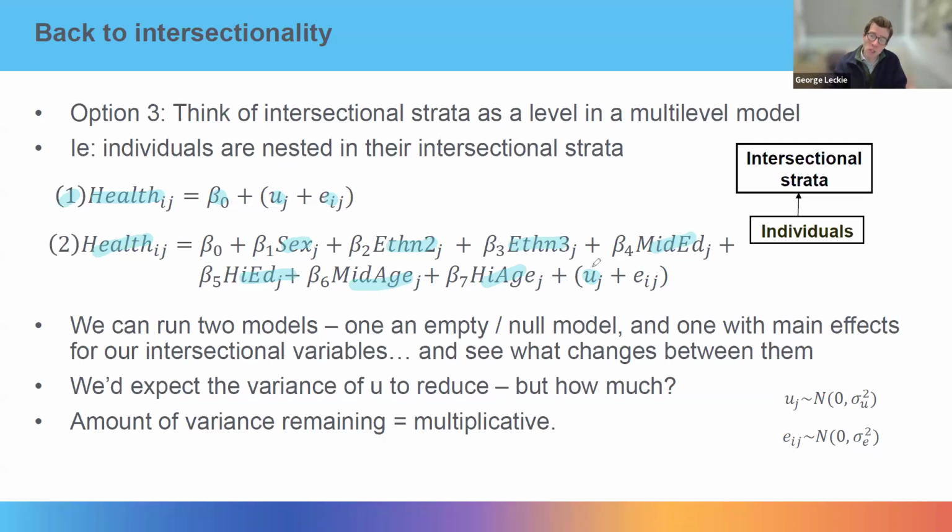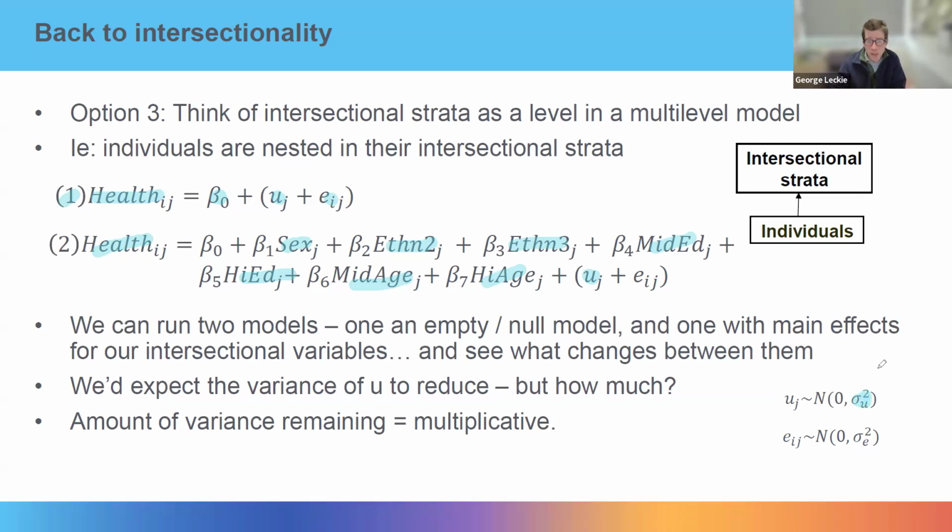But that one term u_j is soaking up all of that. Now, every intersection has its own value, and we can predict these post-estimation and study them. And so it's a different setup to conventional regression, where you have lots more terms in the model, lots more betas. So the u_j now is capturing those interactions, and so the sigma_u squared parameter is reduced